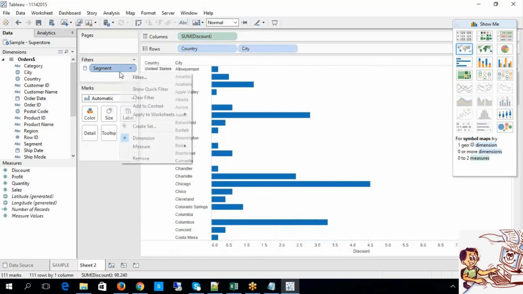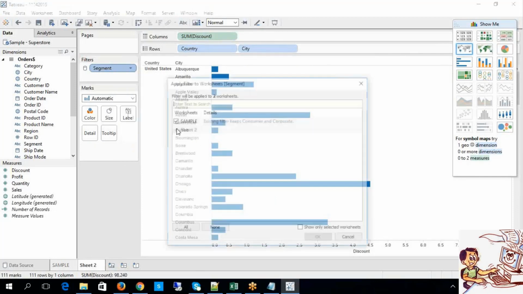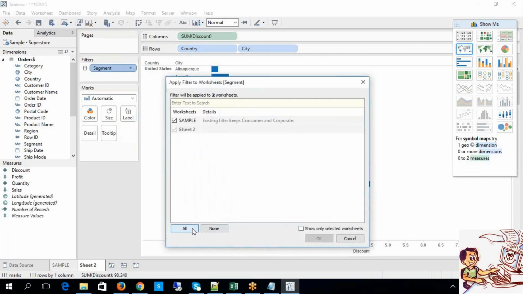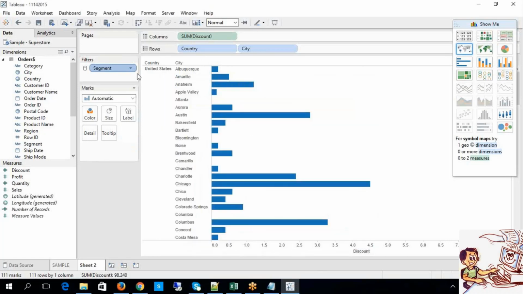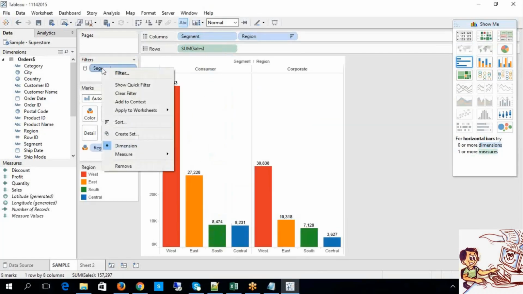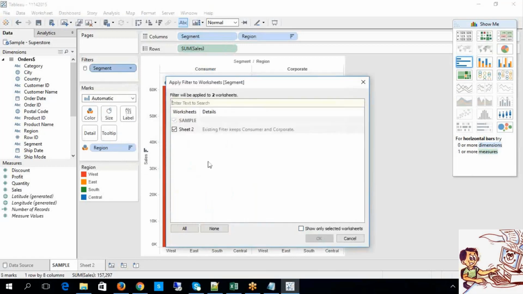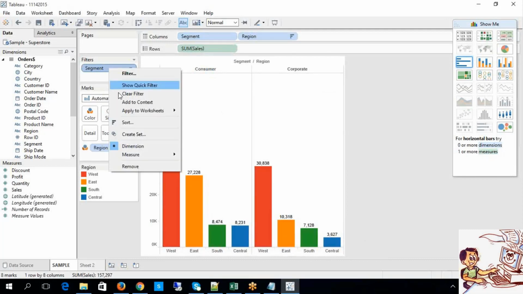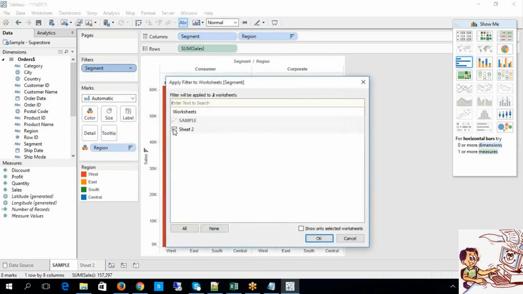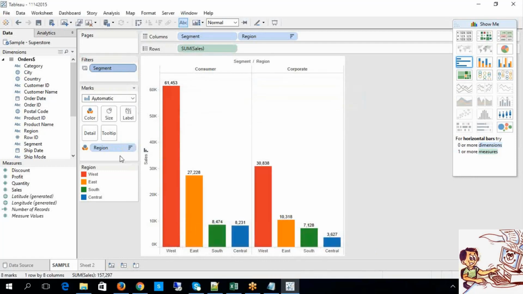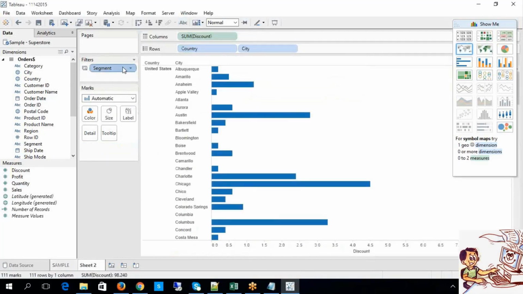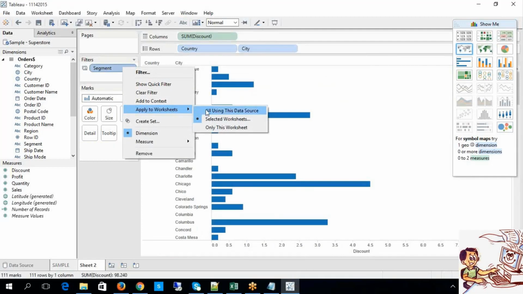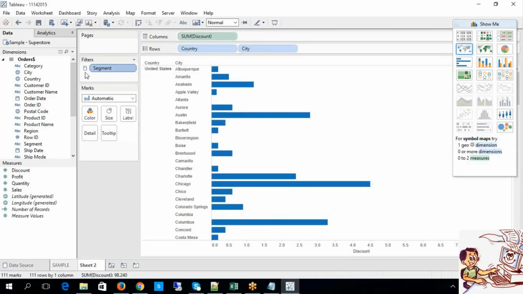If I use selected worksheet, the icon was different. Now, when I turn it into apply to all using this data source, look at the icon, which means now this filter is applied.